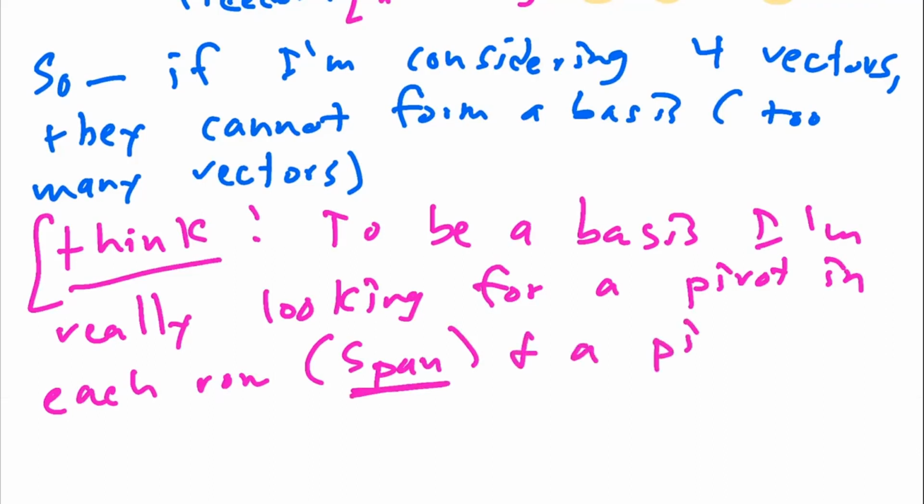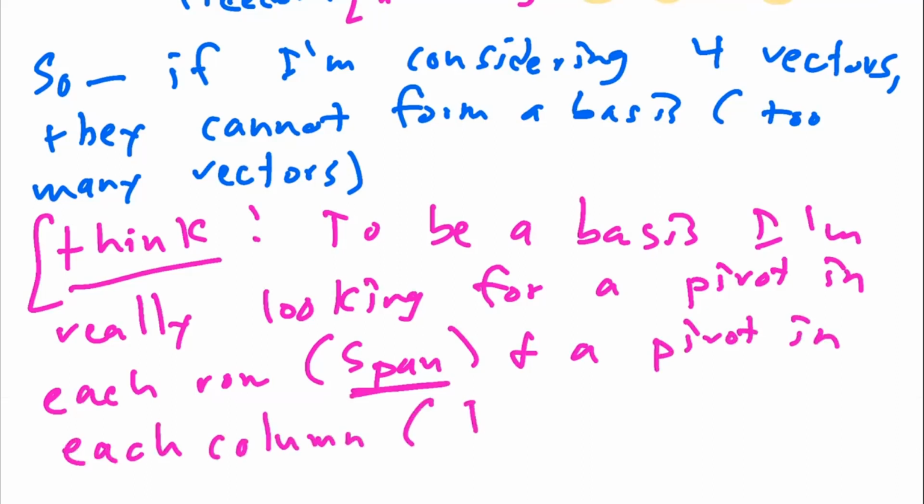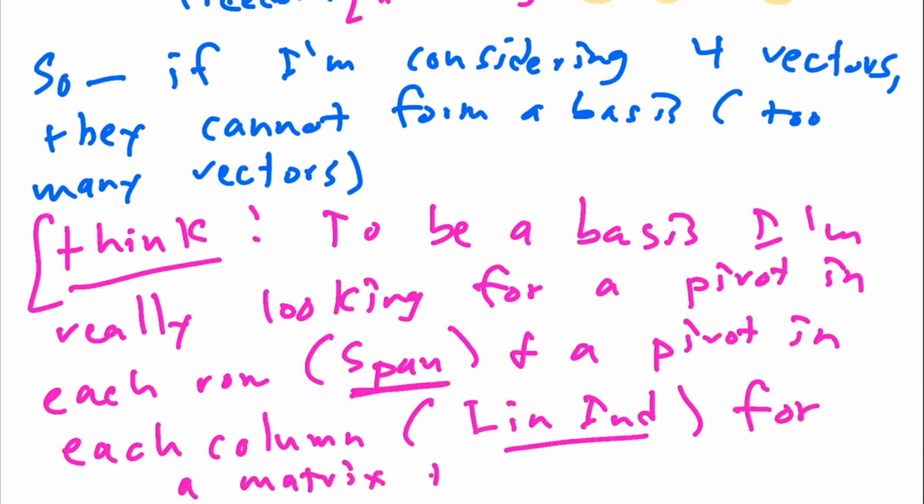And a pivot in each column. That's linear independence, right? So for a matrix that you arrive at,